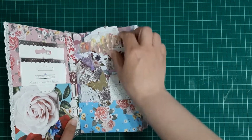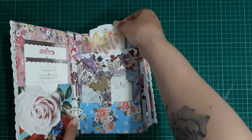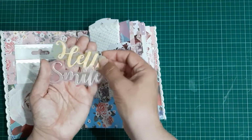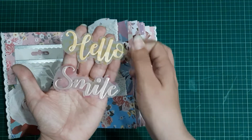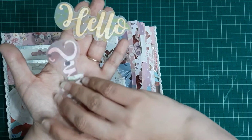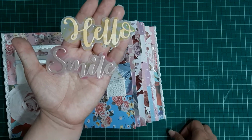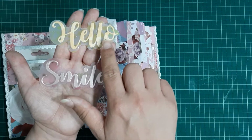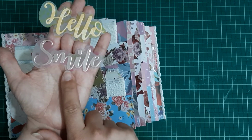And the top here, I've got this sort of label looking thing, and it is wrapped with some more lace. I've also put in these two die cuts of Hello and Smile. Now these are actually on vellum, and I really like how the vellum looks on these. So I used a flower yellow vellum with the yellow word, and then I've used a pink floral vellum with